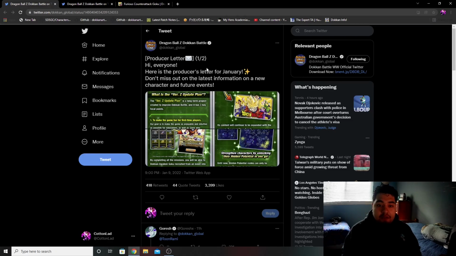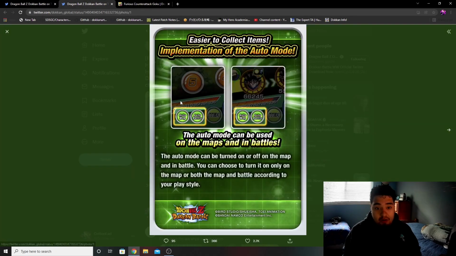Alright, so that was the first part of the letter. The second part of the letter, they're going to be adding this, which is, in my opinion, the biggest game changer, is they're going to have an automatic feature. So once you press automatic map and automatic battle, what it'll do is it'll automatically play through the entire stage